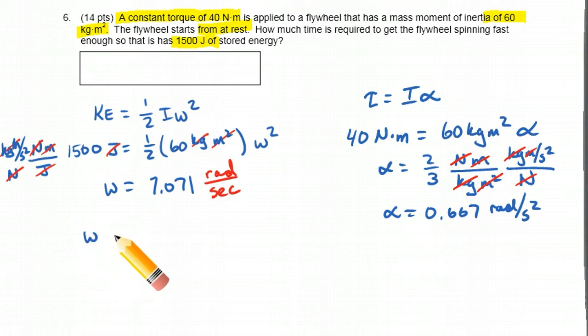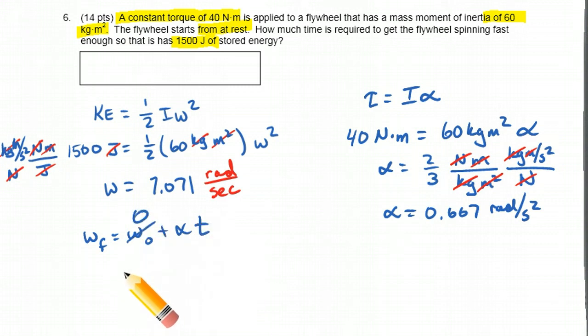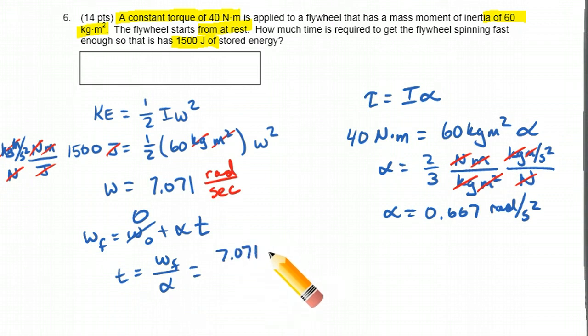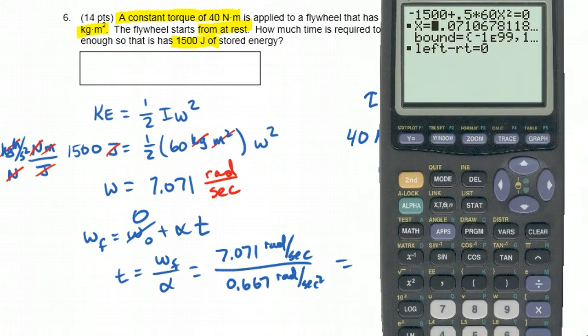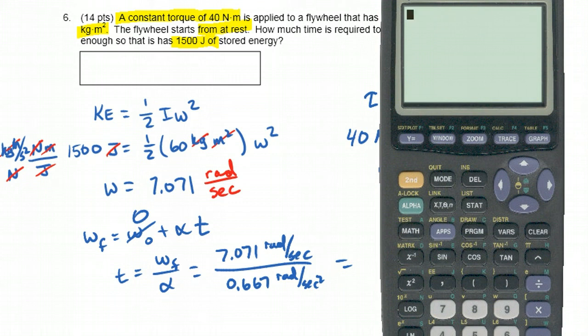So we can use the equation omega final is equal to omega initial plus alpha t. Omega initial was 0, so t is equal to omega final over alpha. It's 7.071 radians per second over 0.667 radians per second squared. And that number comes out to be, let's see, that's my x divided by 0.6667,